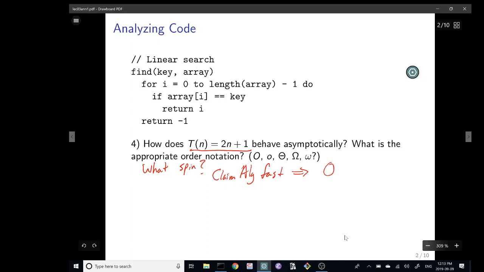If you want to claim the algorithm is fast, use big O, because you're claiming now that the running time is less than some function. In this case, the function is n. So when you tell me that the algorithm is running in big O of n time, you're telling me it's fast. It's quick. It's less than some constant times n.